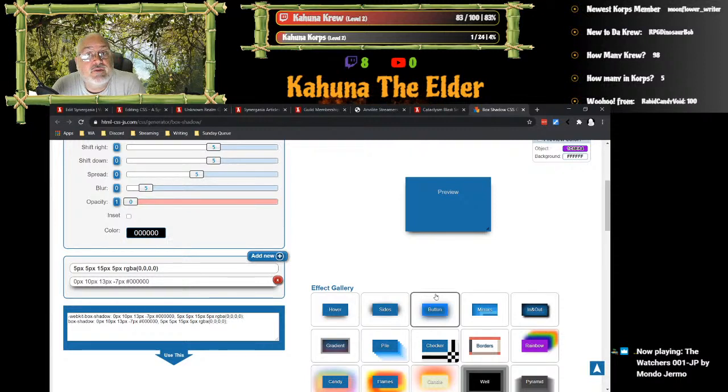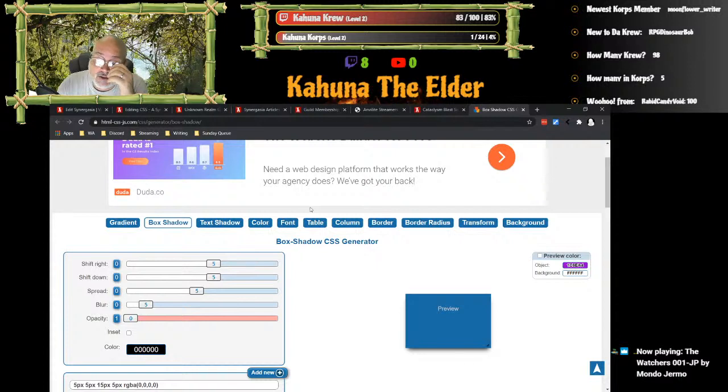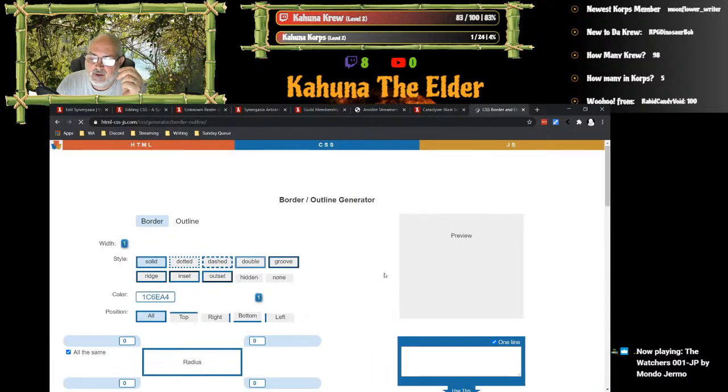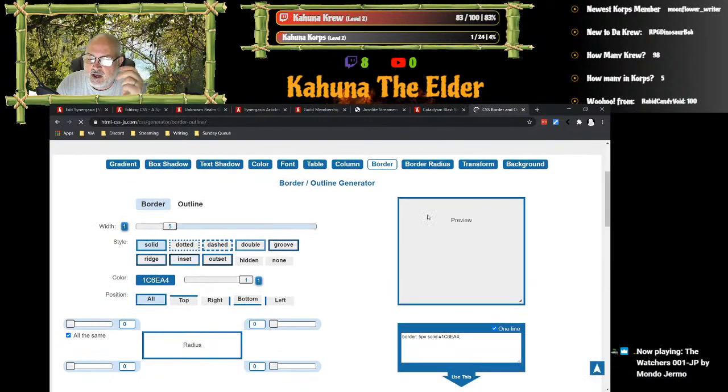But again, remember, it's going to give you a piece. For example, the one thing this isn't doing is it shows you how to do the box shadow. Then you come over here and you got border, right? How do I do the borders? Okay. But then you got to go to something else to do border radius.